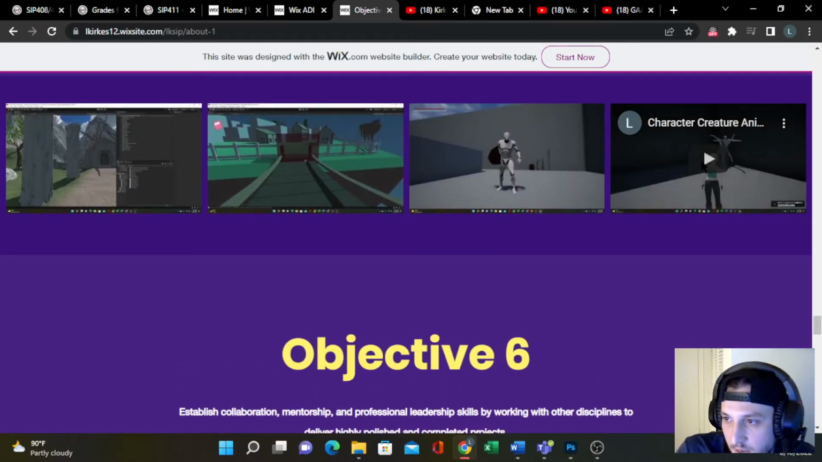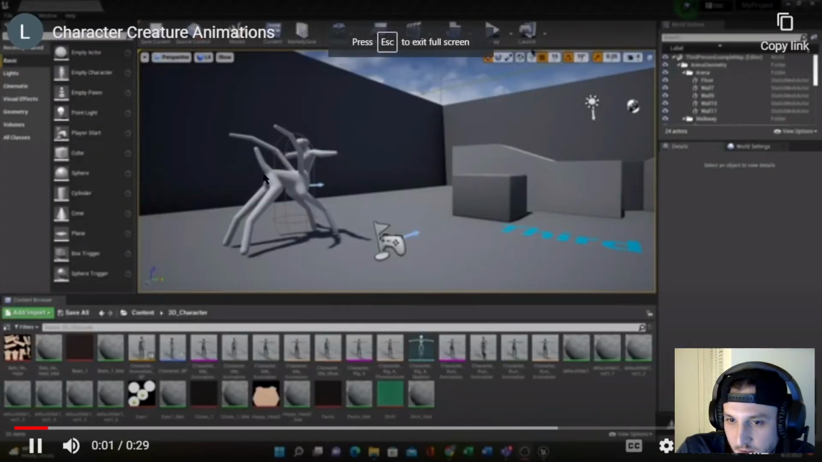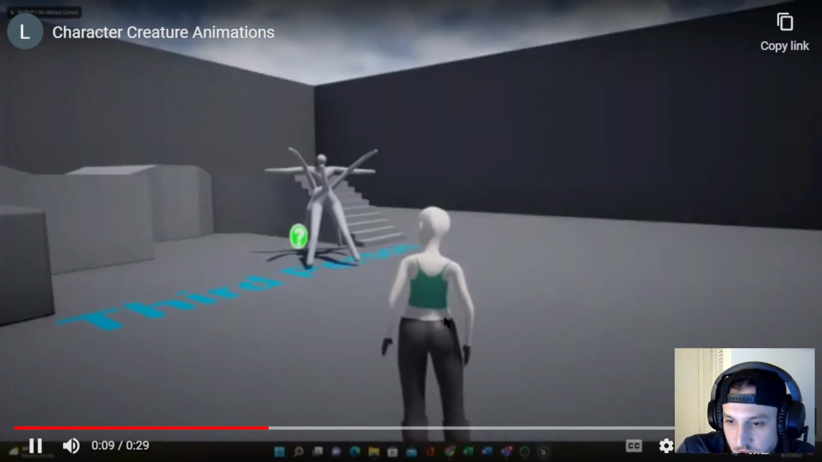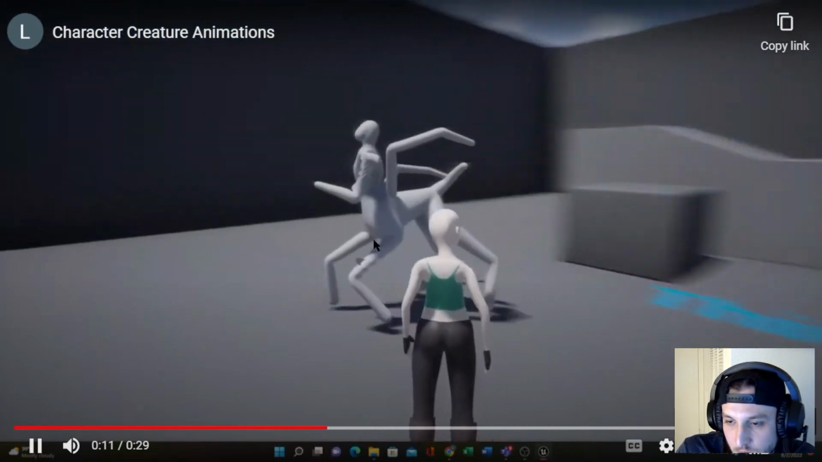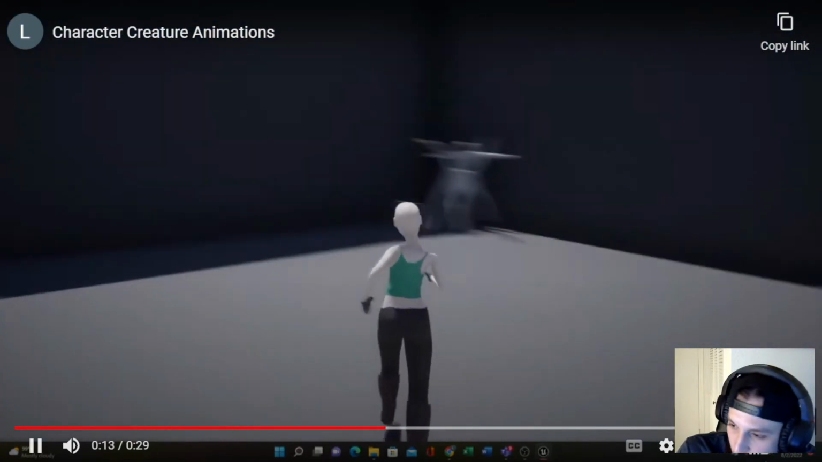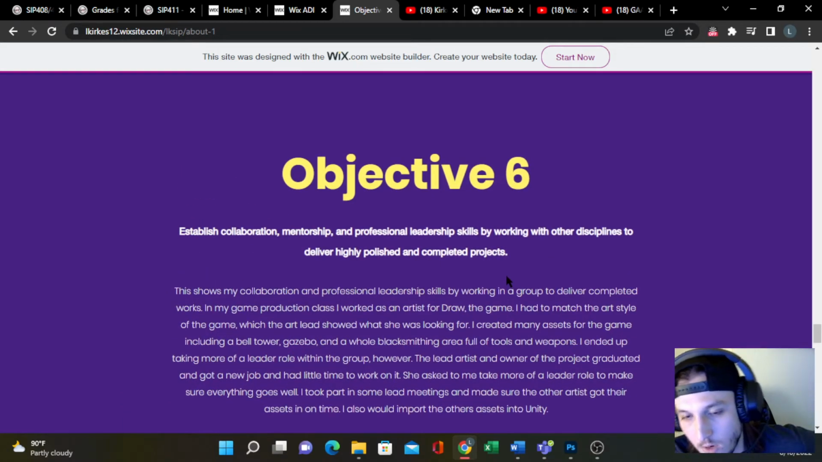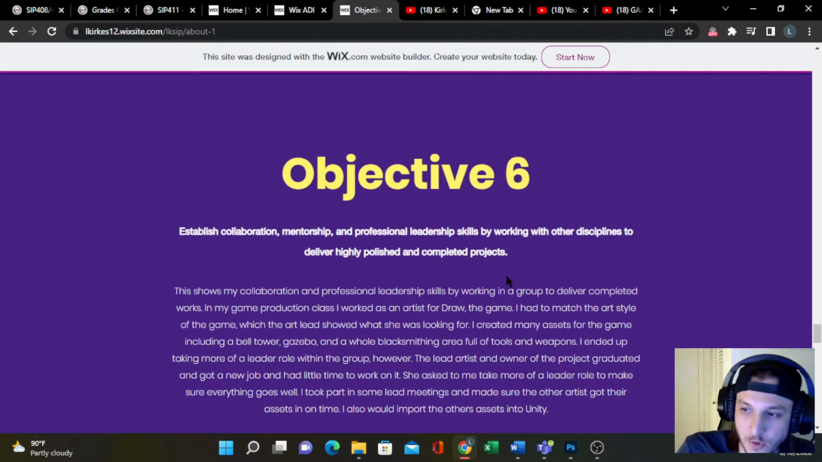Alright, and this is my character and the creature walking around an Unreal scene. You see, she's idling right there, the creature's walking around, you'll see her run is horrifying. Alright, going to Objective 6 is basically just about collaborating with a group and still producing polished and completed projects,